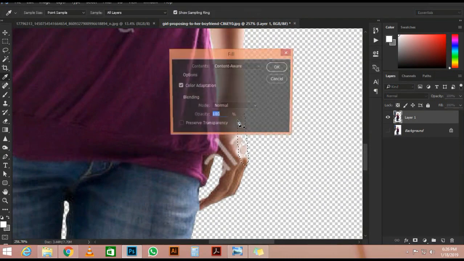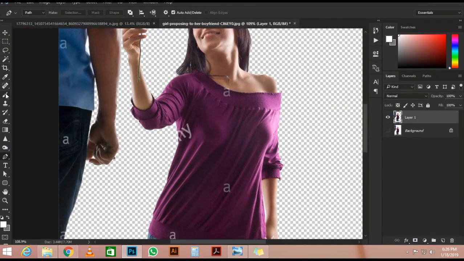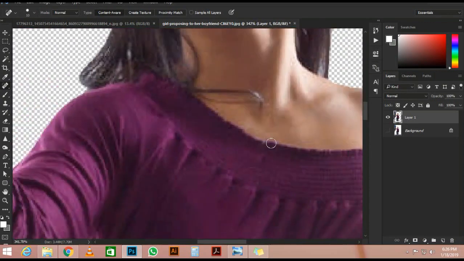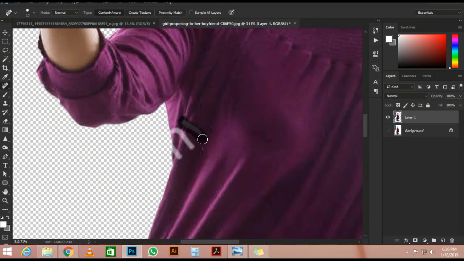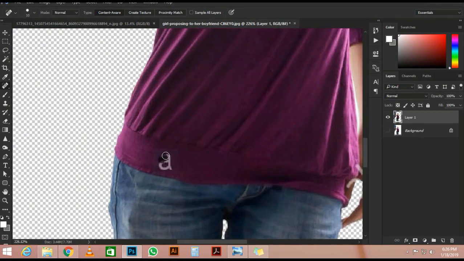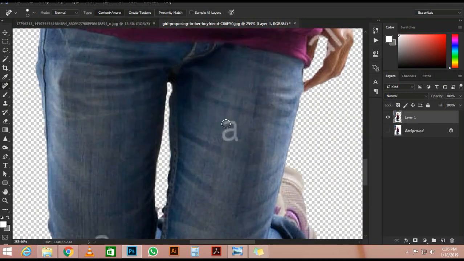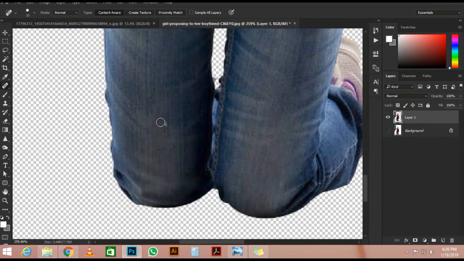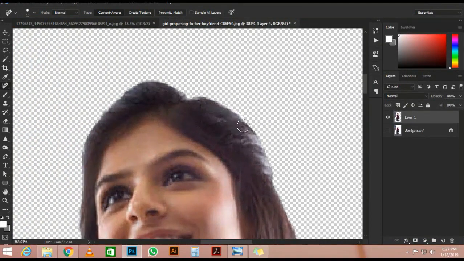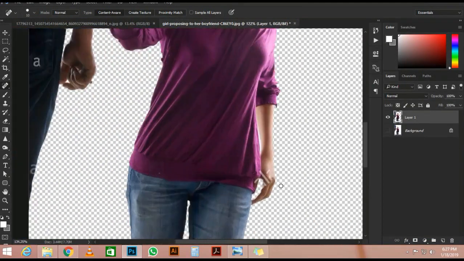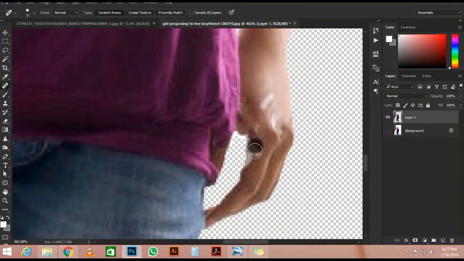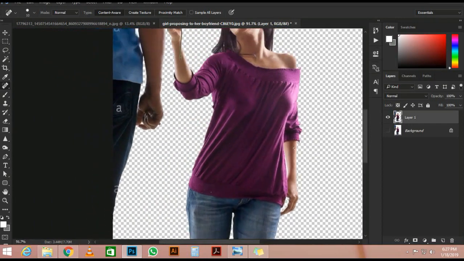If you select an area like this part here that is obviously not going to be part of the selection, I'm going to hold Alt, Option on the Mac, click and drag just to refine that selection just a little bit more. Around the snowboarder, I'm going to select that top layer and click on the layer mask icon to create a